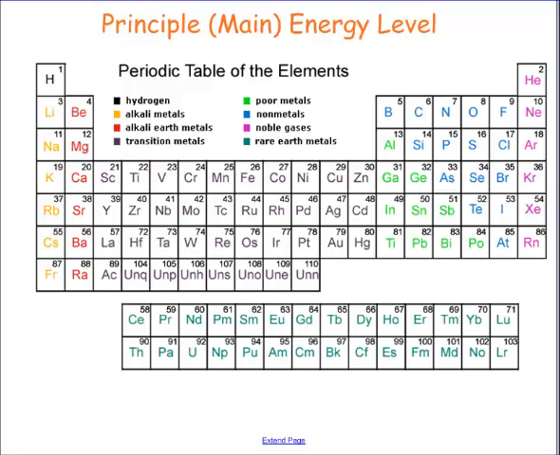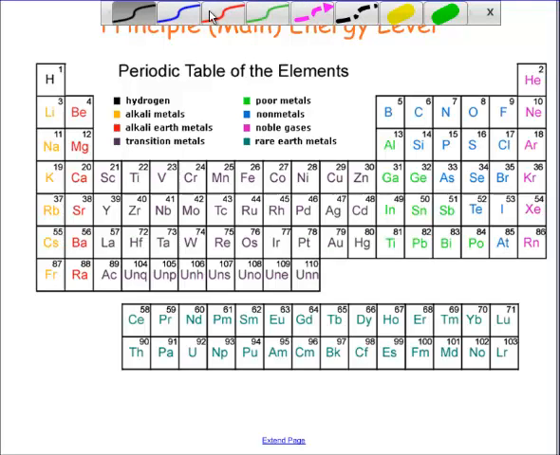Now, the first quantum number is really easy to correlate to your periodic table. In fact, if you could go ahead and take out your periodic table, we're going to be taking a look at that over the course of this video. The principal quantum number is what energy level, and if you wanted to go ahead and write in, we know that the principal quantum number is defined by n,